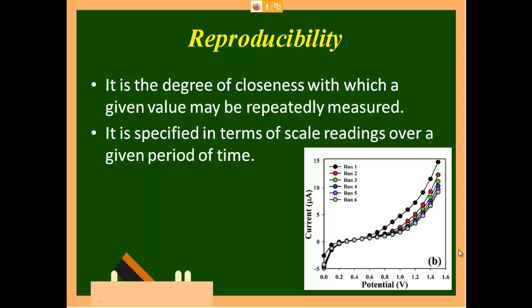For a change in V, they have measured the change in I for run 1, run 2, run 3, run 4, run 5 and run 6. When it was run 1, you can see for a change in V there is a huge change in I. It is similar to a person who is going to run in the Olympics or any other event. In the first run you will have high energy, so you will run at a very fast speed. Then if you ask him to run again and again, automatically the energy will come down, and automatically the change in I with change in V will be different.